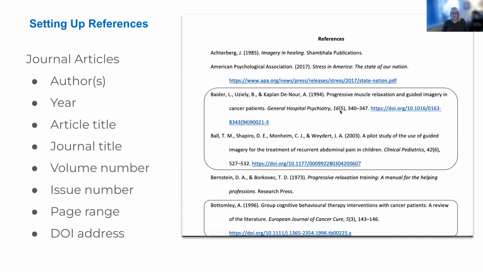Then no space, but non-italic, regular font, you put parentheses and the issue number in there, then a comma, then the page range, a period, and then the DOI address hyperlinked. And just a little fussy detail, you'll notice here, this is how you present the DOIs.